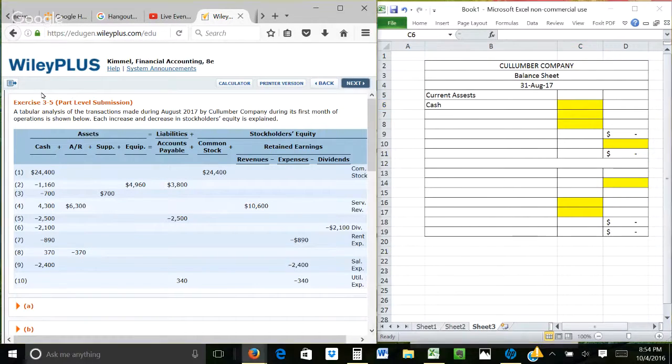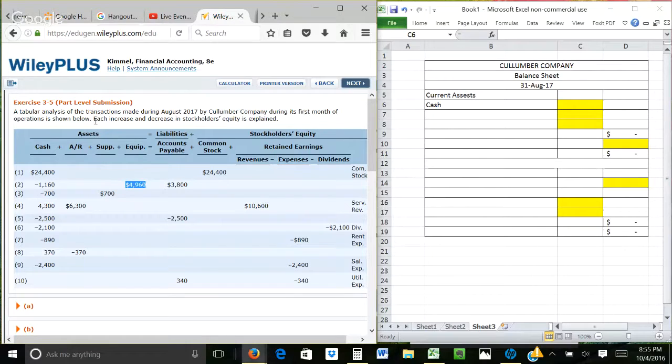And we'll see here on our Wiley Plus transaction journal that we have assets on the left, and we have cash transactions, this entire first column. And so it's conveniently laid out before us, but we are going to do some math. It turns out that we add our $24,400, which came from issuing common stock, and we subtract $1,160 from that equation, which was used, it looks here, for an equipment purchase